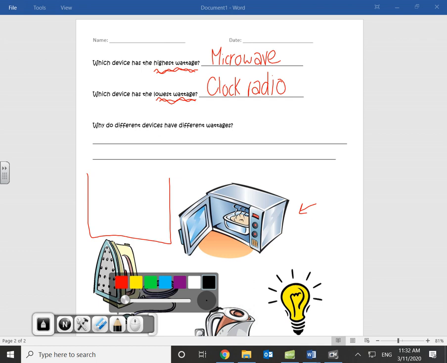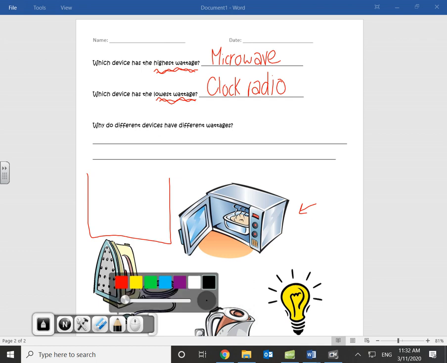But a microwave has got to do tons of heat, it's got a movement, it's got timers, it's got so many jobs inside of it that have to be powered by electricity. So basically, things that heat things as well have way more wattage than things that just kind of light up a simple screen. So the easy answer is that